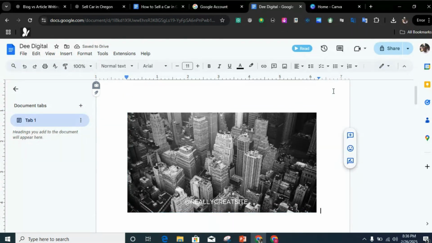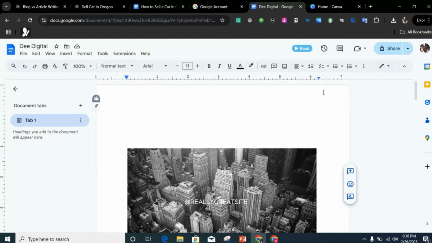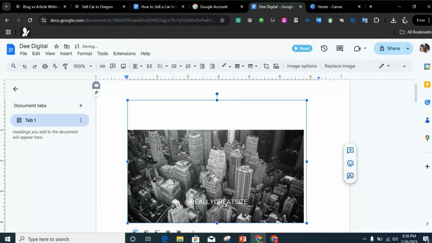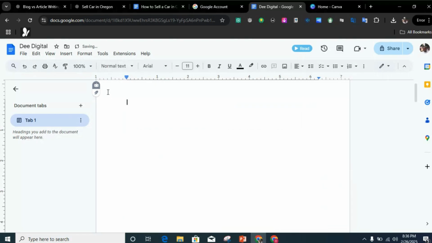But what I advise is that if you want to write anything, in order not to disturb yourself, you can delete it. So write whatever you want to write. After you might have written whatever you want to write,